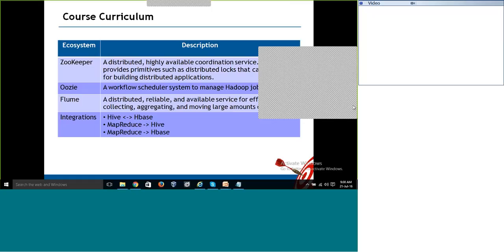Okay, so we will be talking about a lot of performance improvement techniques on each of these ecosystems. So you get an overview of the things, even though on a regular basis you are not doing the coding, you are not developing the MapReduce programs, you are not writing the SQL scripts, DDL scripts or DML scripts. You are not doing that on a regular basis, but you need to learn what they are doing. For that, it is better to learn these development concepts. It is kind of a mix of things. Even though they are doing the development, they will get 30 to 40% of the administration part also in this development.